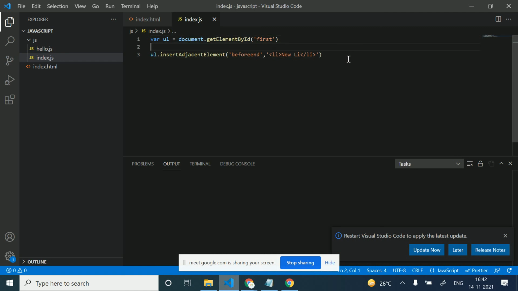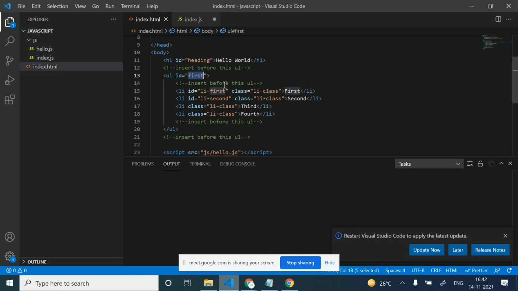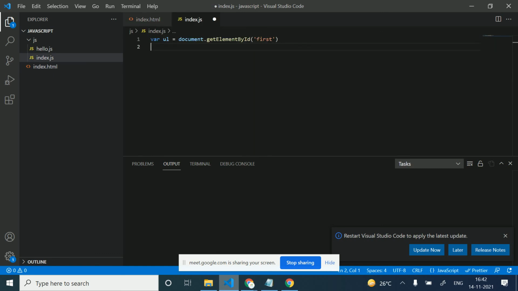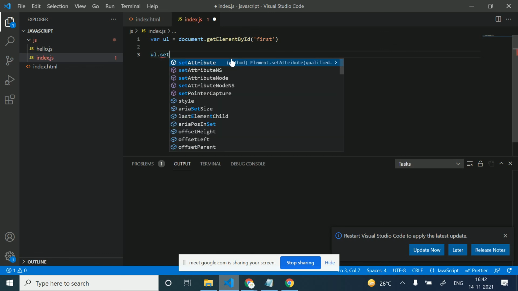Okay. So how can we set an attribute and change the attribute? Like we have a first UL and I want to set a class, any attribute here. And I want to change the existing attribute. How can I change this? Firstly, I want to set an attribute here. There is a function like setAttribute.